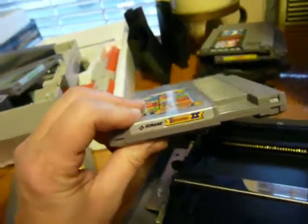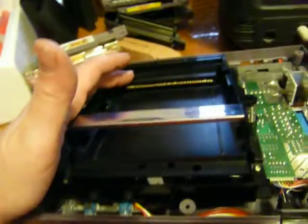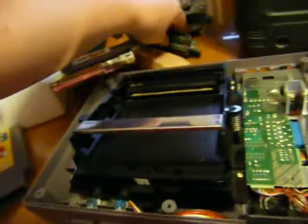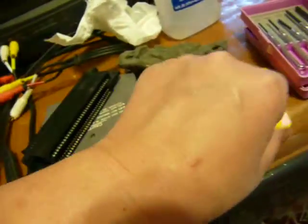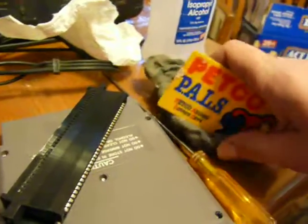what I did before that was I took, because I had already bought the other one, this one wasn't working that well, my original one. I took my original one, so I'm just going to pretend this is it. I'm not going to do it to this because I don't want to ruin it because I didn't want to return it, but I took a credit card and I put it through, so I just put it through a little bit of this, like I pulled it thin